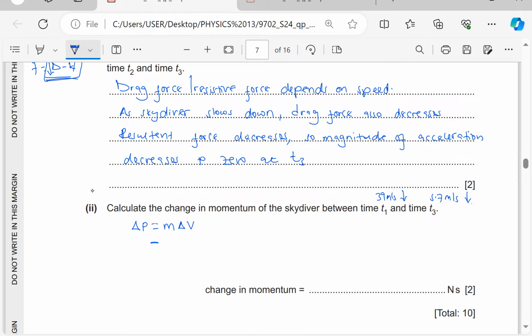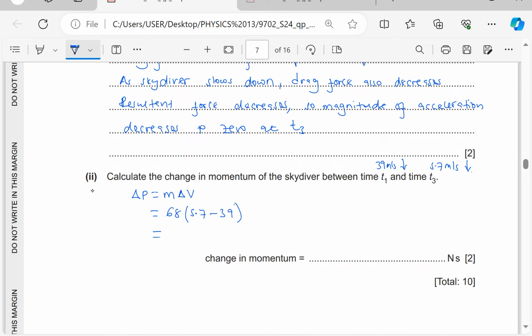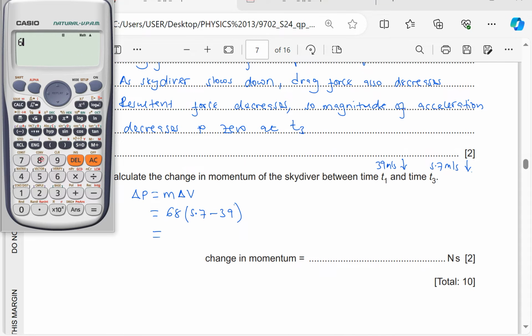So this is the mass, which was 68, times the final velocity 5.7 minus the initial velocity 39. So this gives us 68 times (5.7 minus 39),